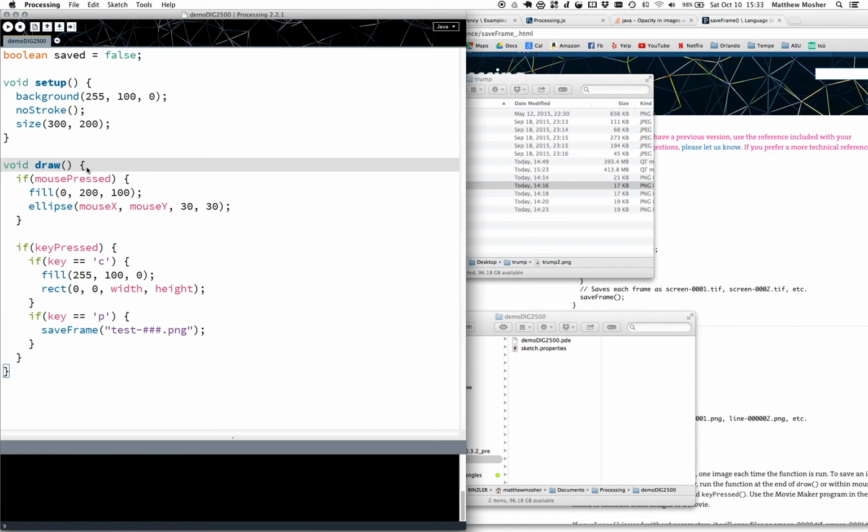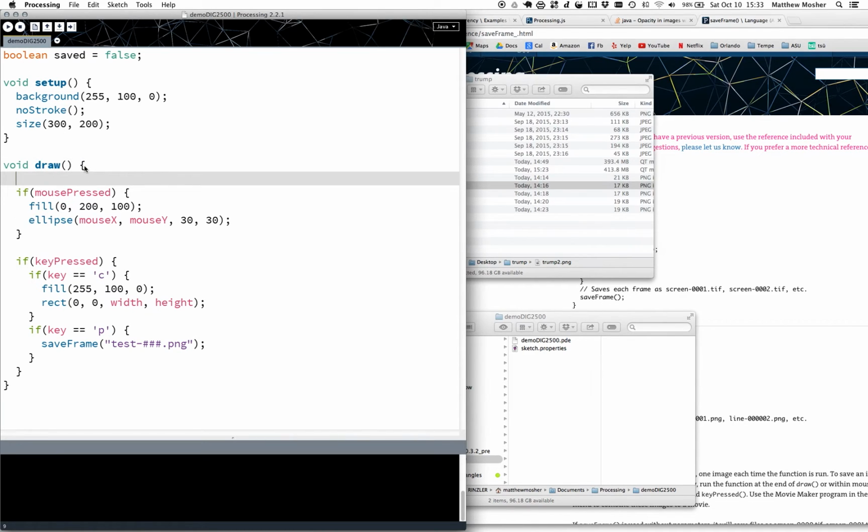If I declared the variable in my draw function, I could only use it in draw, and if I set it to something like false, it would get reset to false every time it looped through, which may not be what I want, particularly if I'm storing something to check if it's happened or not, like an event state. So we can get rid of that. So down here,